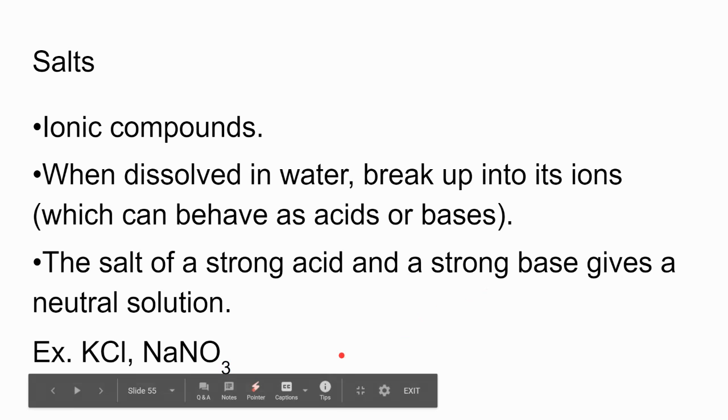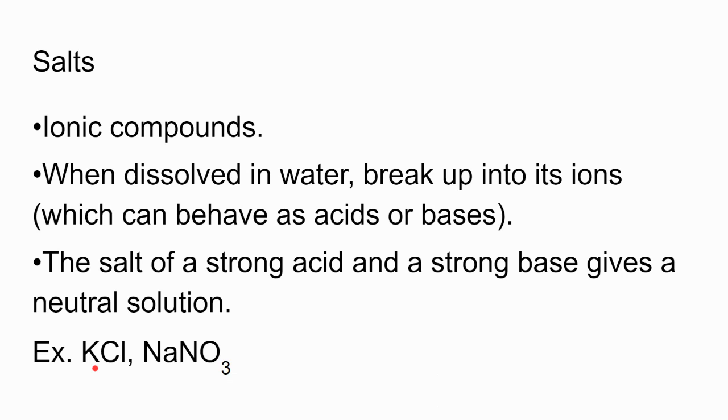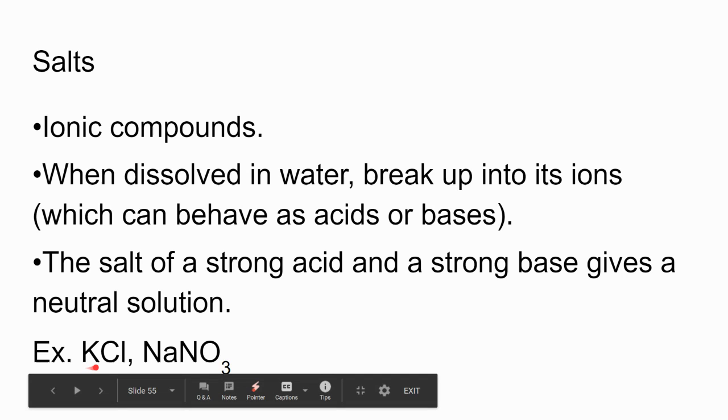You have to look at the parentage when looking at salts. So the cation on the left is always coming from the base. So you have to think which base would potassium come from, and it's going to be KOH, which is potassium hydroxide, a strong base. The anion, in this case chloride, always comes from the acid. So HCl, or hydrochloric acid, is the parent of the chloride ion here. So you've got a strong base parent and a strong acid parent, which is going to give us a neutral